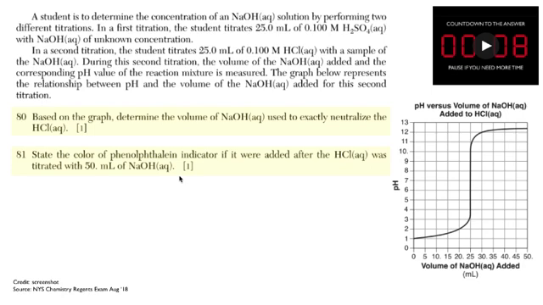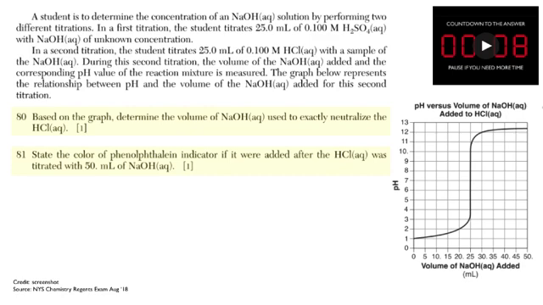Here's another problem for you to try. A student is to determine the concentration of an NaOH solution by performing two different titrations. In a first titration, the student titrates 25.0 milliliters of a 0.100 molar sulfuric acid with sodium hydroxide of unknown concentration. In a second titration, the student titrates 25 milliliters of a 0.100 molar hydrochloric acid solution with a sample